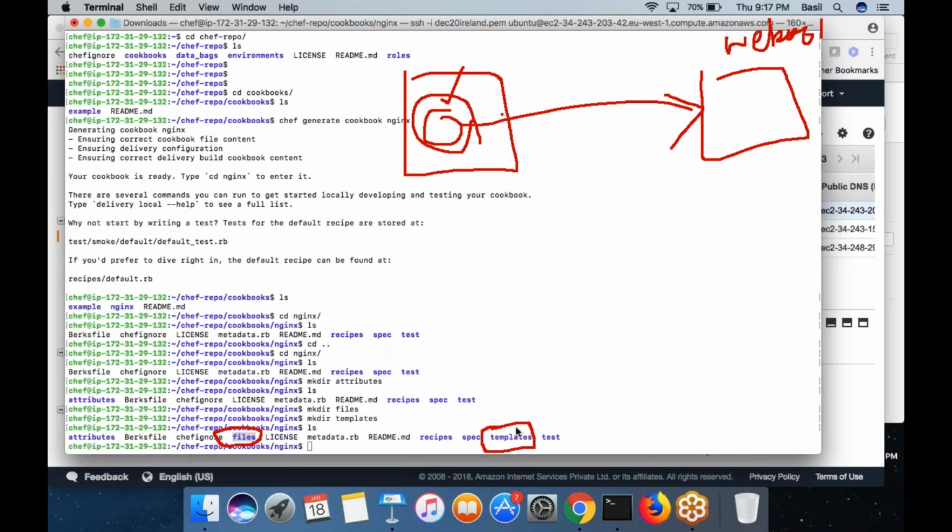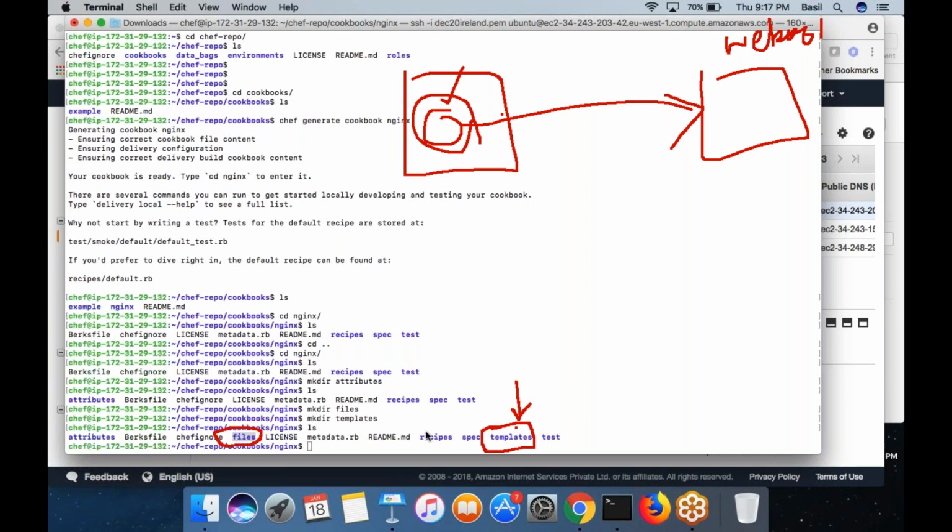The templates folder is a little different. It does not save the actual files. Instead it saves some templates which are used for creating the actual files before they are copied to the client node. So we will talk about that in detail. For now, assume the files folder would contain some static files which Chef wants to copy to the client node, and the templates folder would contain some dynamic files which Chef wants to copy to the client node. Whatever files you have inside the templates folder are not static files. Maybe before Chef copies these files inside the templates folder into the client node, Chef wants to make some modification to them. So we are going to talk about that in detail.